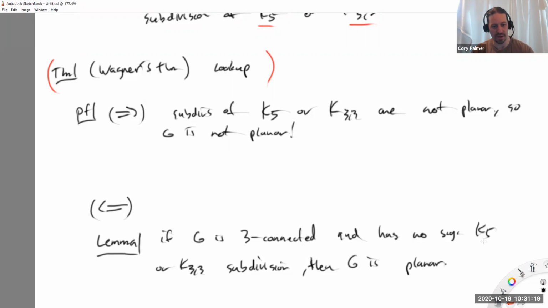And we have none of these forbidden subgraphs, right? We have no K33 subdivision, no K5 subdivision. How do we convince ourselves that G is planar? Well, we're going to find a planar embedding somehow. And these things are going to be roadblocks. We're going to show that there are circumstances where I can't draw it without crossing edges, but those only occur if I had a K33 or K5 subdivision, which would be a contradiction. So the proof is by